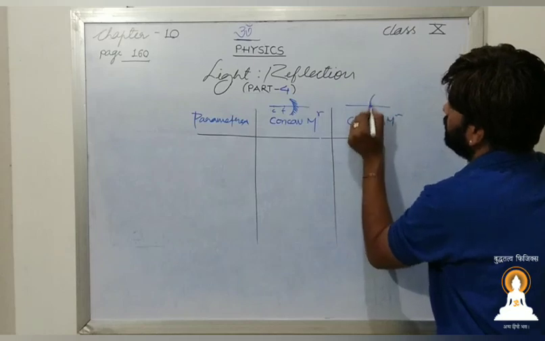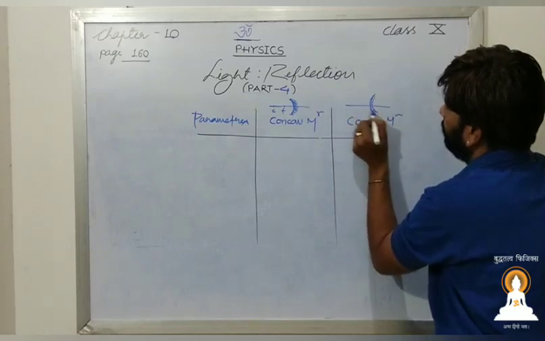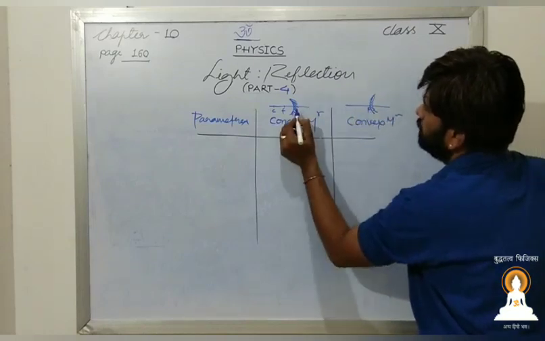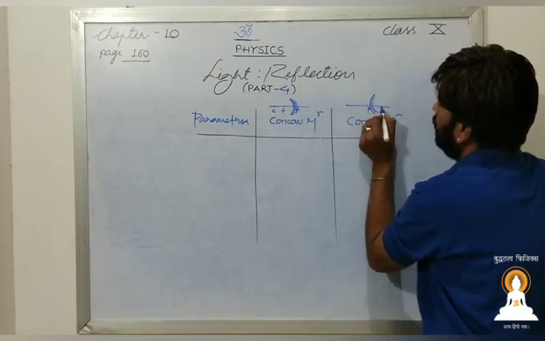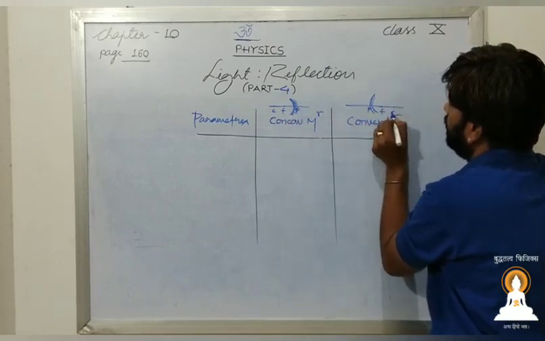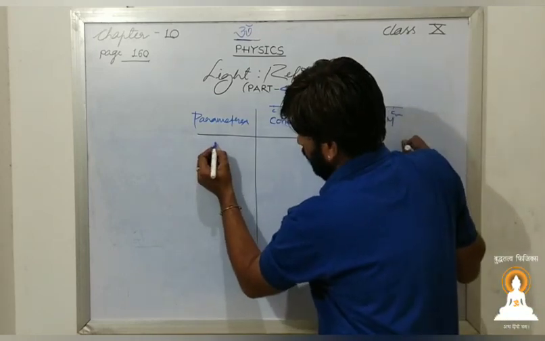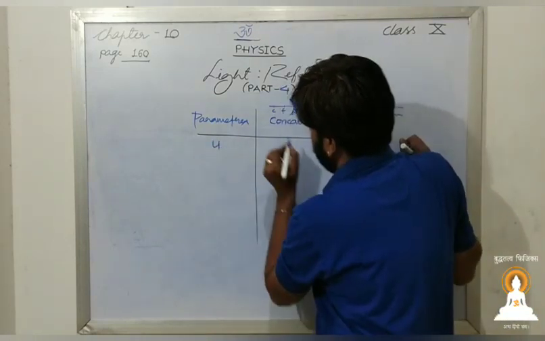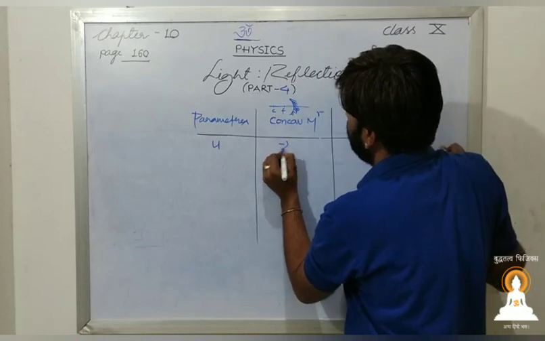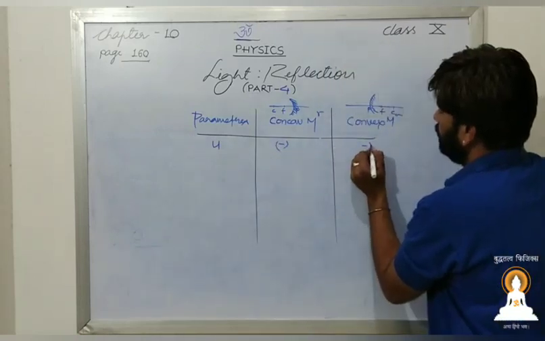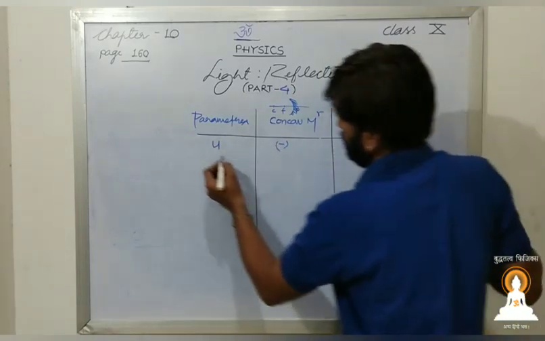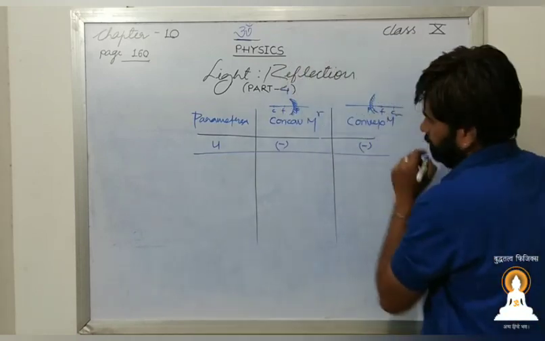In this particular case, this is the pole, this is also pole. Here they are having F and here they are having C. No problem. Okay. Now the very first thing, let us see U. So U will be negative and here also it will be negative always. Yes, as we have already seen.